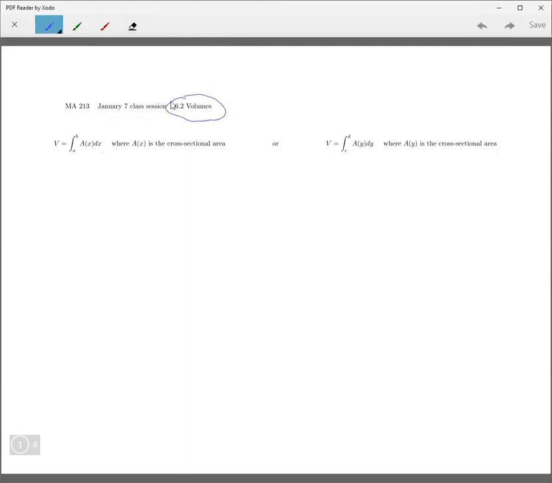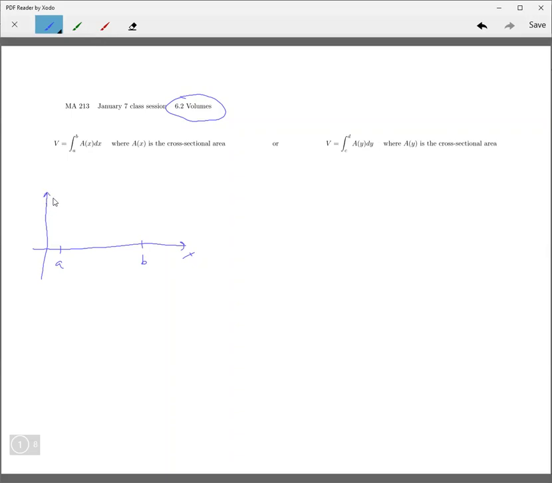Let's talk about 6.2, volumes. The basic idea is the same. There are two different methods, depending on whether you want to take cross sections perpendicular to the x-axis or cross sections perpendicular to the y-axis. So the general idea is you have a situation like this, and here's the x-axis, and you have values a and b, and then you have some kind of